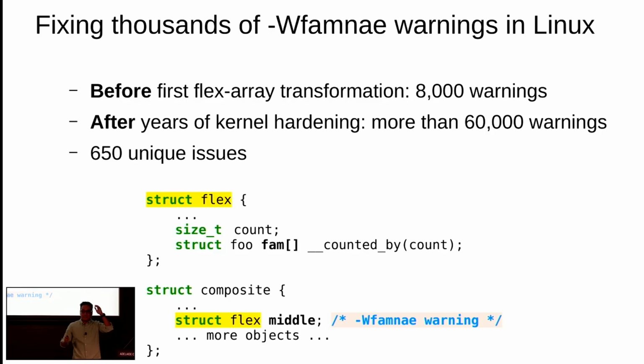When I was facing this problem, I was feeling very overwhelmed because I was first thinking about it in terms of, okay, I need to look into each one of these issues and try to refactor the code and move it around so that the flexible array member always ends at the end of the flexible structure, or of the composite structure, rather. However, that would imply that I would have to become an expert on every subsystem and every driver in the Linux kernel. Well, I don't have time for that.